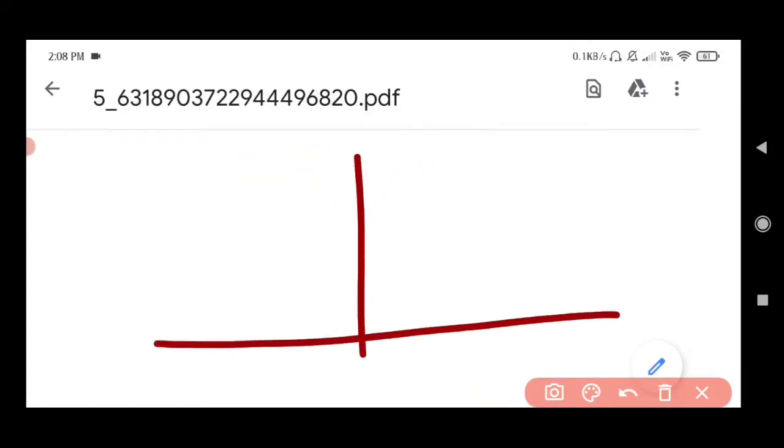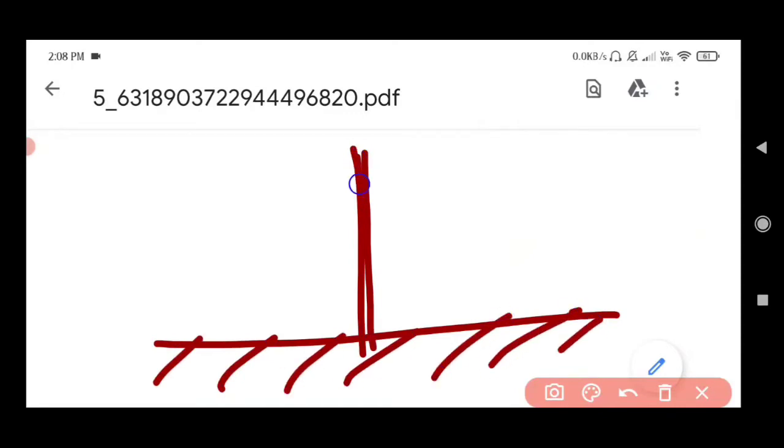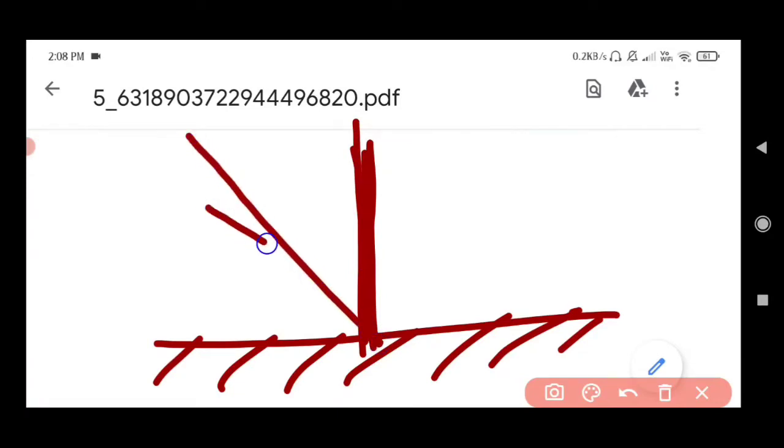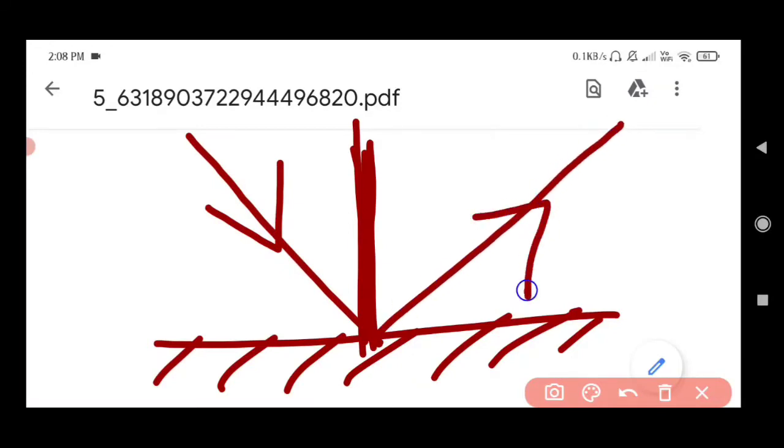What I mean to say is, I have a line called the normal. This normal line is the reference line, and the light ray that is falling on the mirror is called the incident light, and the light ray that is leaving the mirror is called the reflected light, and the angle formed by the incident light with the normal,